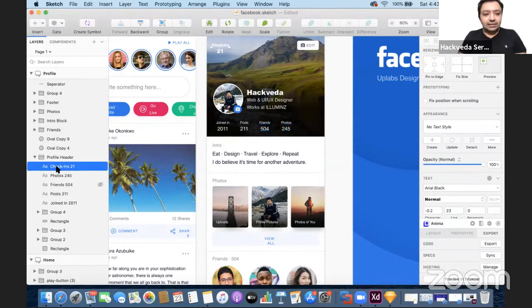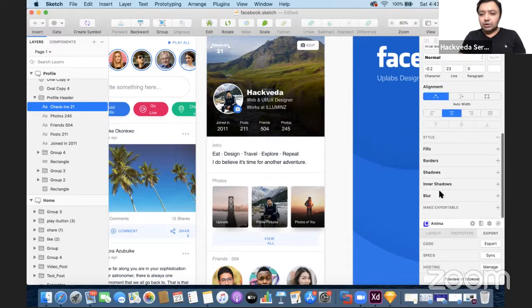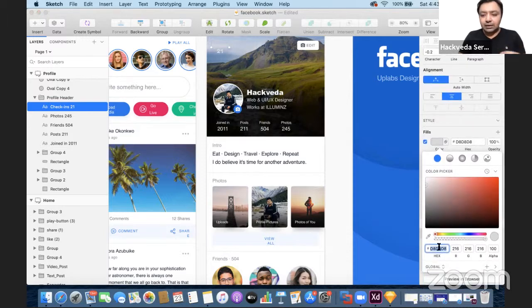As soon as I select the control, on the left hand side, we do have the components. That control will be selected on the components both ways. Similarly in XD and similarly in Sketch, the control will work pretty similarly. Then let's say if I've selected something like this and I want to change the color. So on the right hand side, we do have the fills section. Under the fills section, we can modify the color, we can drag and drop the color, we can choose any